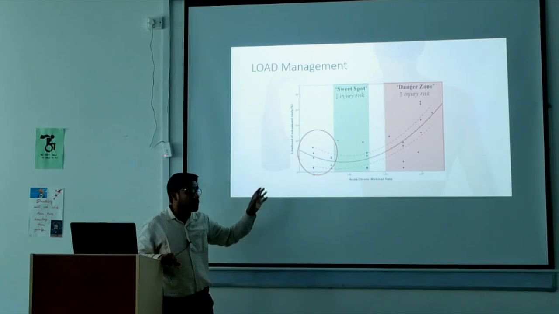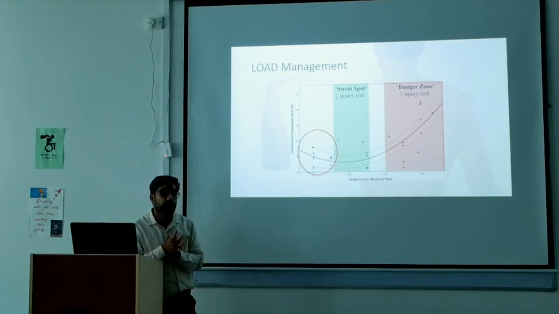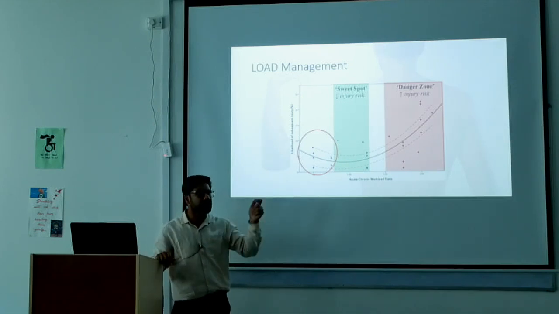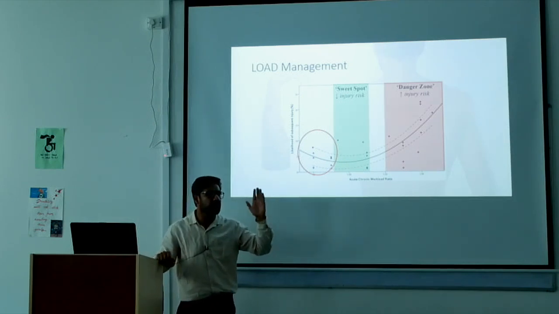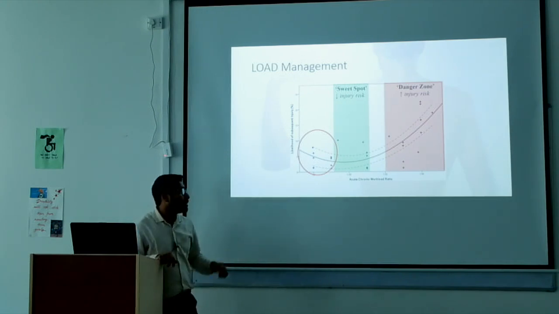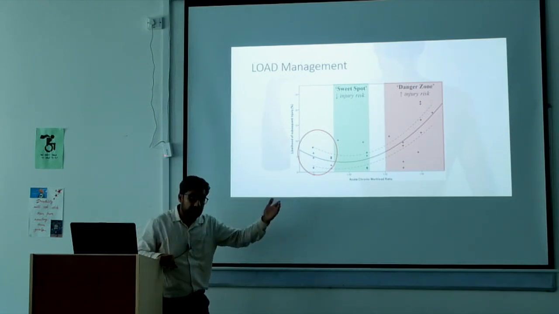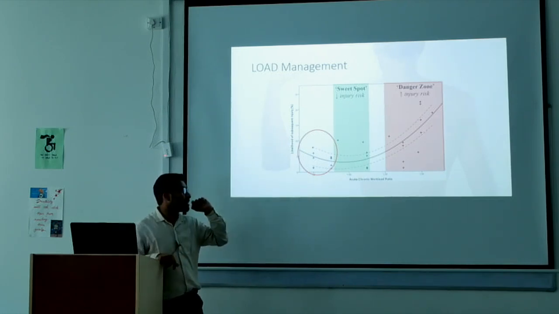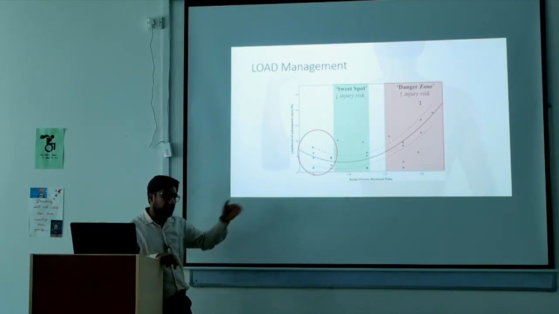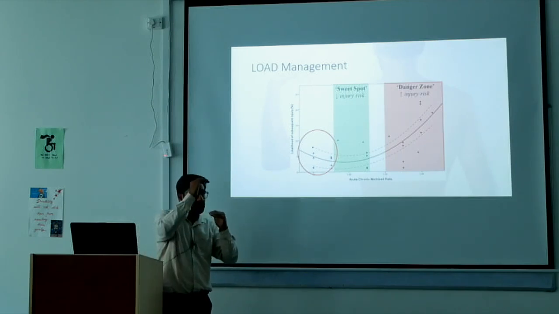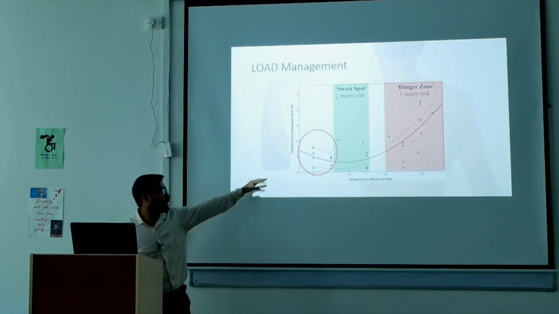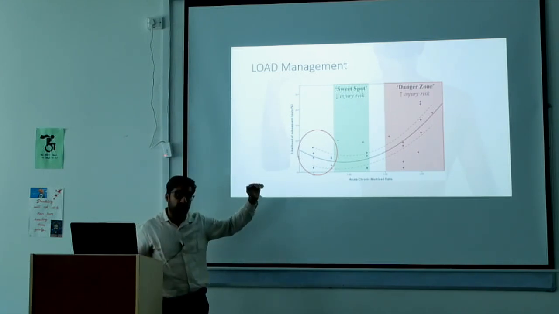So we calculate the acute to chronic workload ratio. Suppose a javelin thrower is doing 100 javelin throws in 1 week, and he has been doing that for the last 4 weeks. But in the next 5th week, he starts throwing approximately 150 javelins in that week. So the ratio increased from 1 to 1.5. That can cause a possible injury. A similar thing can happen if he is reducing the amount of load on his body.